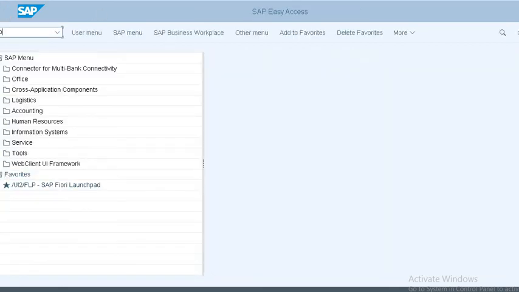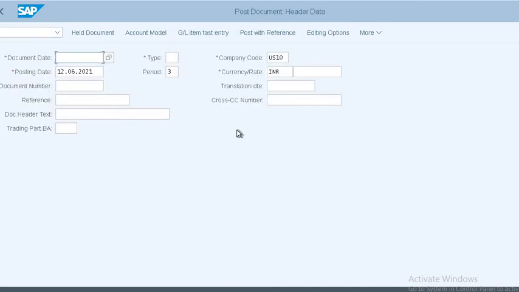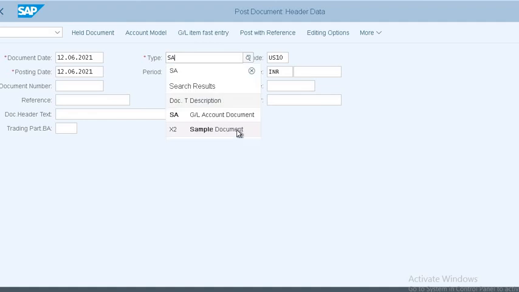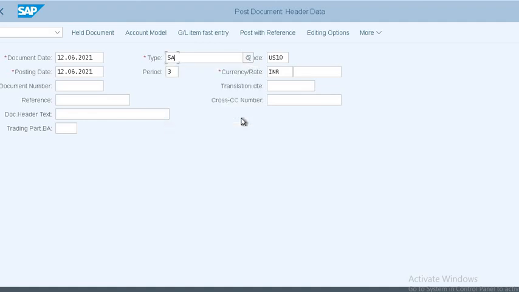Now what we do, we will post one loan in the Singapore dollar. Whatever document type we have given there, that document type we need to choose here. Okay, and we need to give the Singapore dollar.